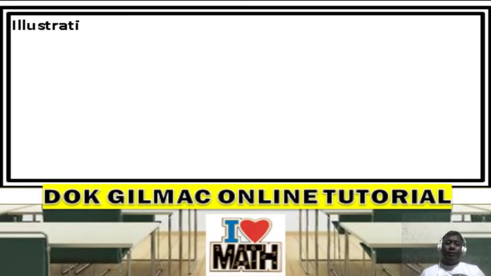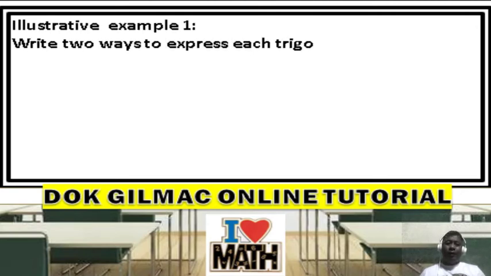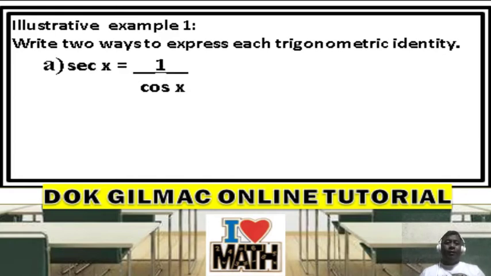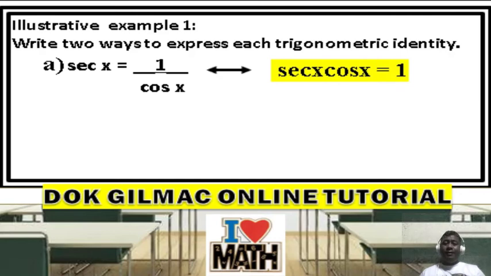Consider illustrative example number 1. Write 2 ways to express each trigonometric identity. Secant x is equal to 1 over cosine x. From here, we can cross multiply secant x times cosine x. That is simply equal to